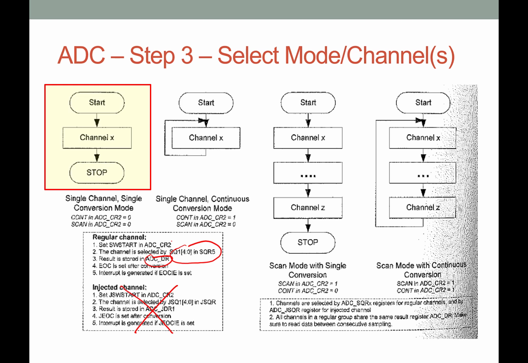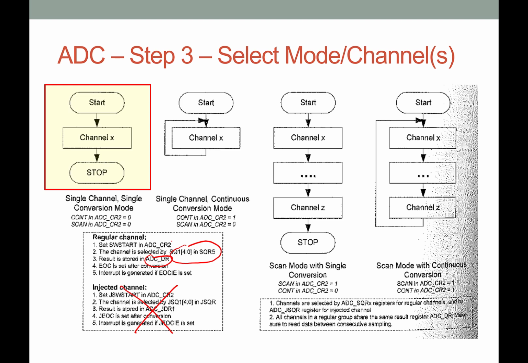We may want to do it multiple times, but we're not really necessarily thinking about it that way. But what you see in this particular slide is that for the scan, if we want to do single channel continuous, the continuous bit in ADC CR2 has to be 1, whereas scan in both of the single channel conversions is set to 0. But when we go to the scan mode with single or scan mode with continuous, scan is 1 in both of those, continuous is 0 in the single mode